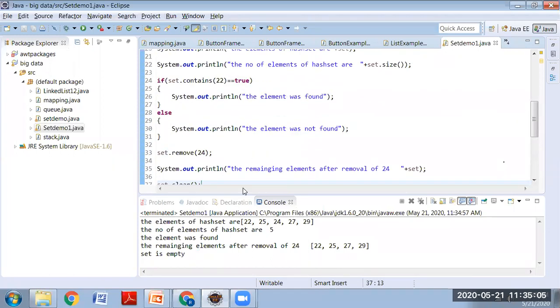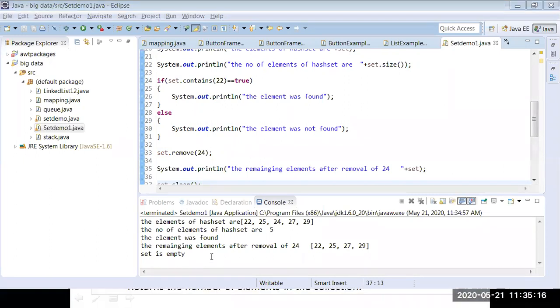This is briefly how to create a set by using hash set or linked hash set or tree set, and what are some important methods available on the set. Is it clear, guys? Concept of the sets, how to create a set using the Java collection framework. This is briefly today's topic of set creation. Tomorrow we will see another important concept called mappings. In the next class we will go for the concept of mappings.